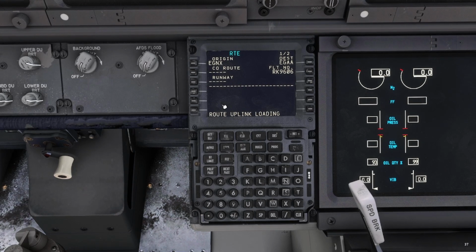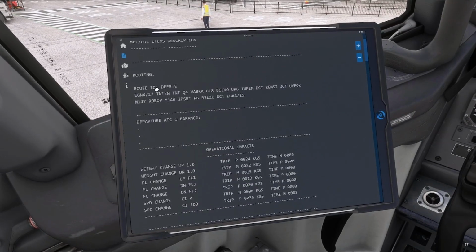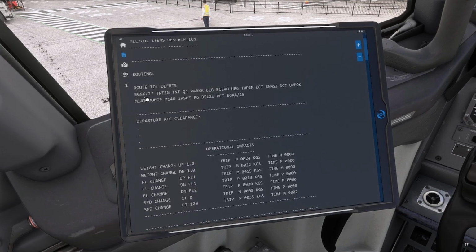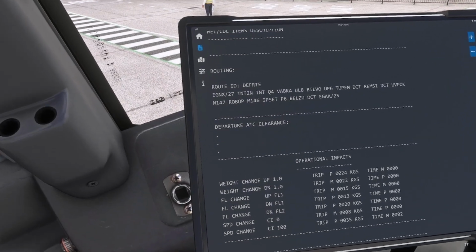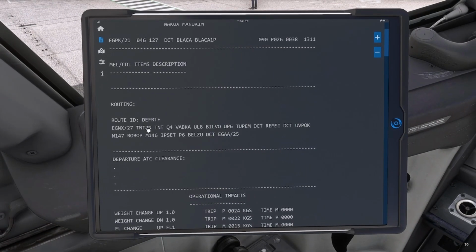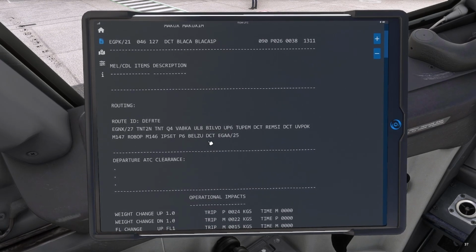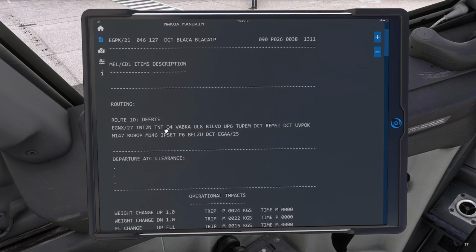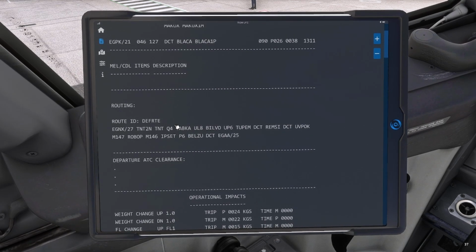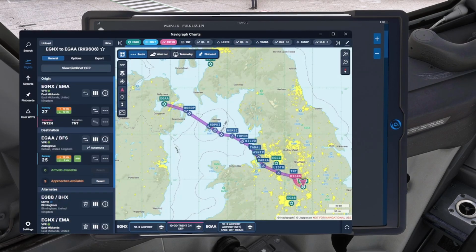Good, so that's loaded. There we can load, and then there's our routing. So the routing today takes us out of East Midlands on runway 27. If I just stop moving, please, thanks. So on runway 27 on the Trent to November departure. Then the Quebec 4 Airway, to Vapka, Uniform Lima 8, that I can just show you here actually,